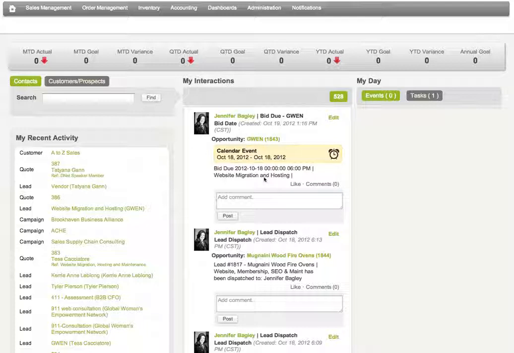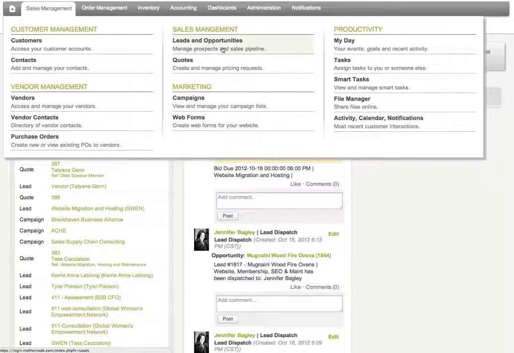Today we're going to be doing a member training for our Dynamis Network members, and we're going to be showing you how to create a customer in the system, how to convert a lead to a customer in the system, as well as how to manage contacts. So when you are on your dashboard, you're going to go under Sales Management, and let's start at a lead